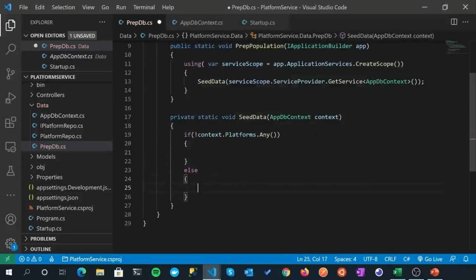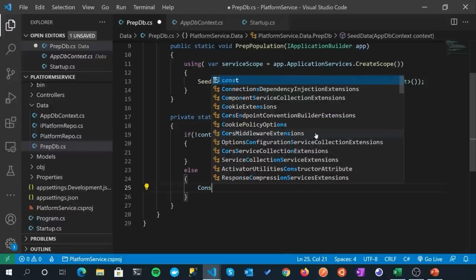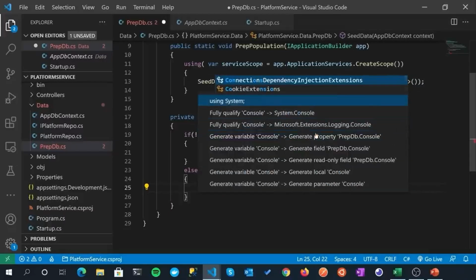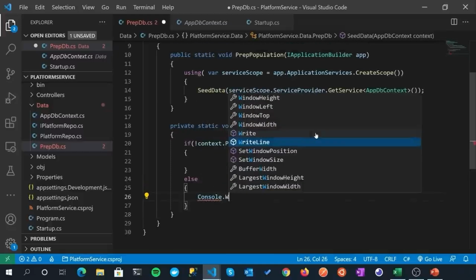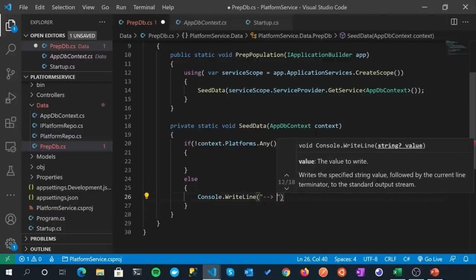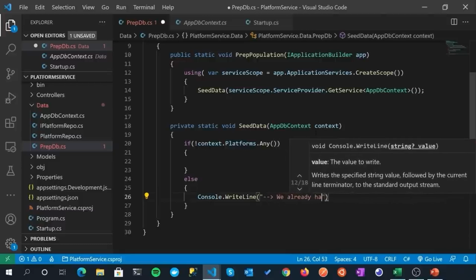Now I'm putting this else statement in just to help us with a bit of debugging output. I'll bring in the System namespace, so control period, using System, Console.WriteLine, and I'm going to say we already have data. That will come in useful when we actually use SQL Server and data will be persisted.